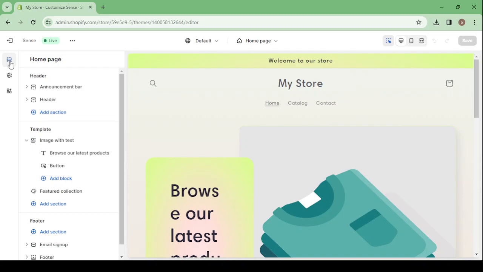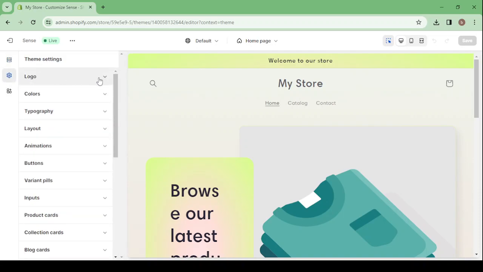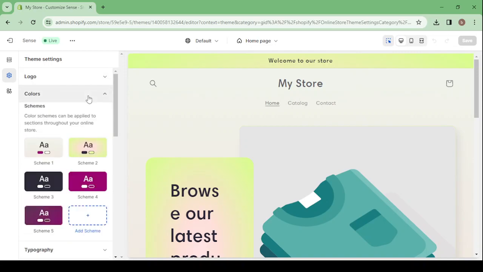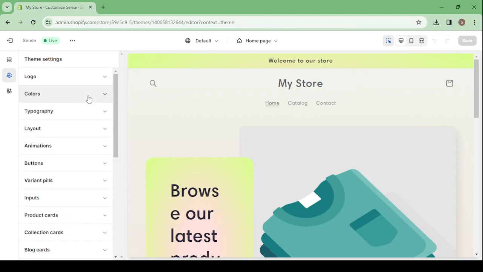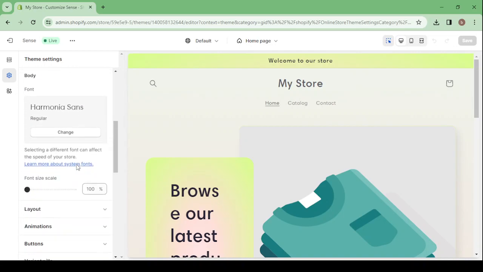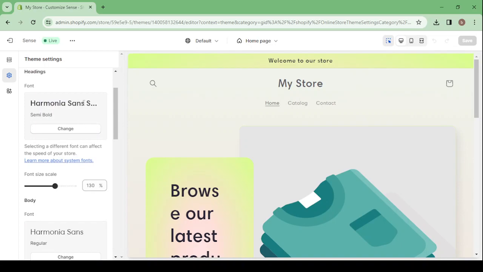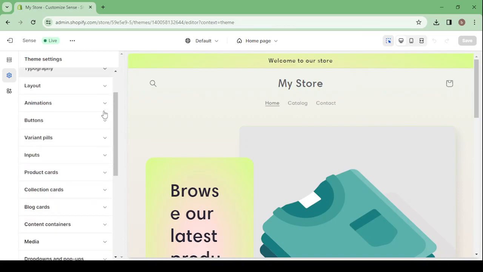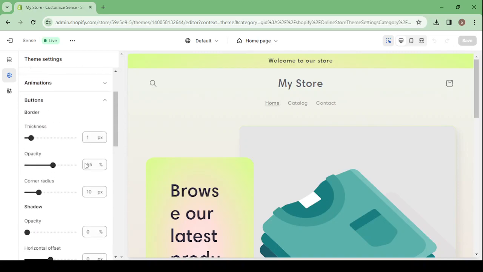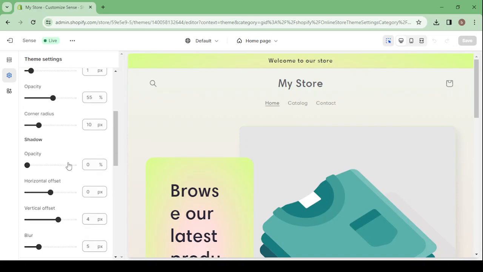After that, I'm going to explain these ones as well. Here you can control the sections, and here you can go to the theme settings where you can upload your logo. You can control the colors of your store, and here you can control the typography where you're going to change the fonts, the font size, scale, the body, and those things. Then you have the layout, animations, and here also you can control the buttons, the thickness of the buttons, opacity, corner radius,